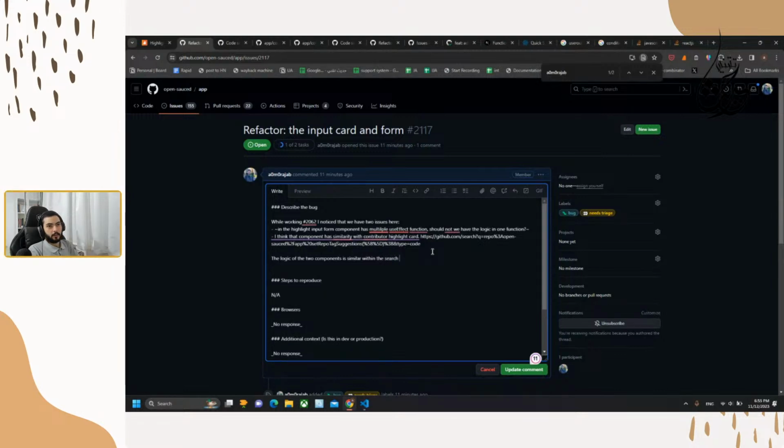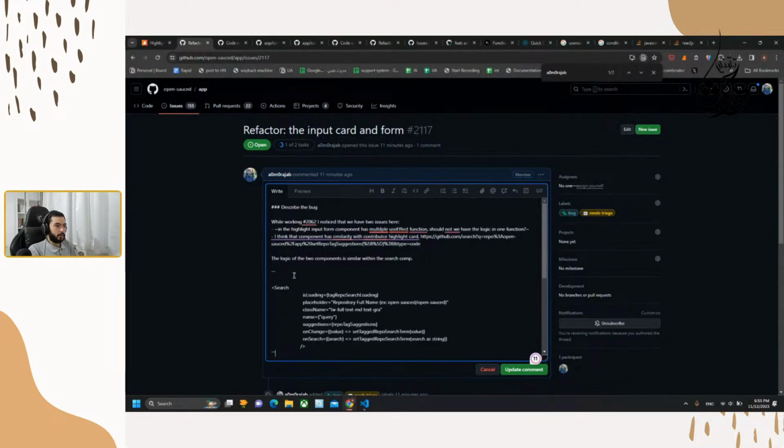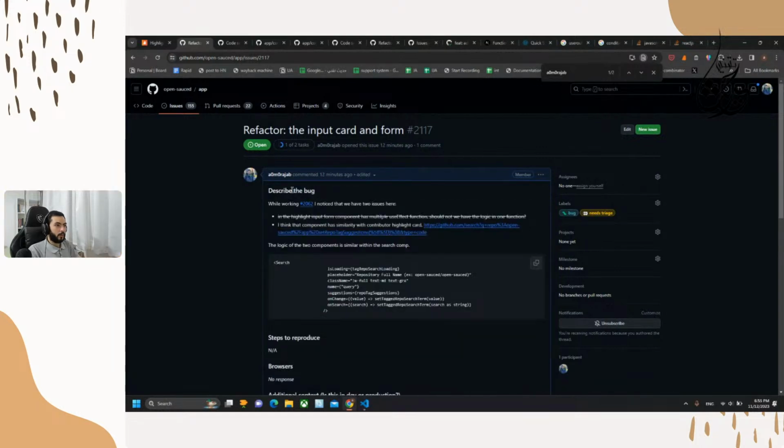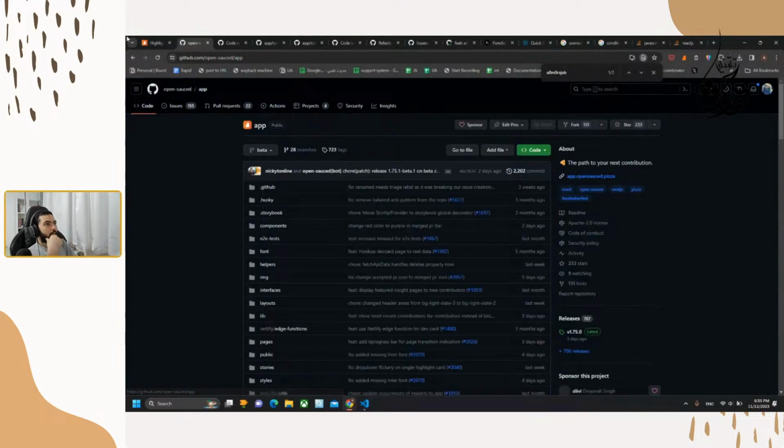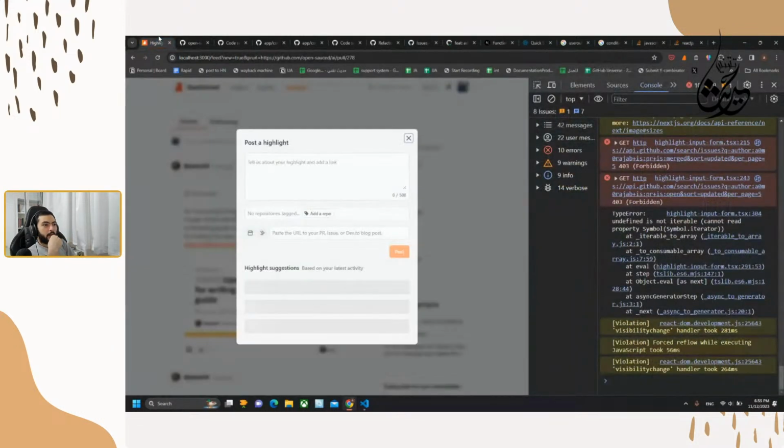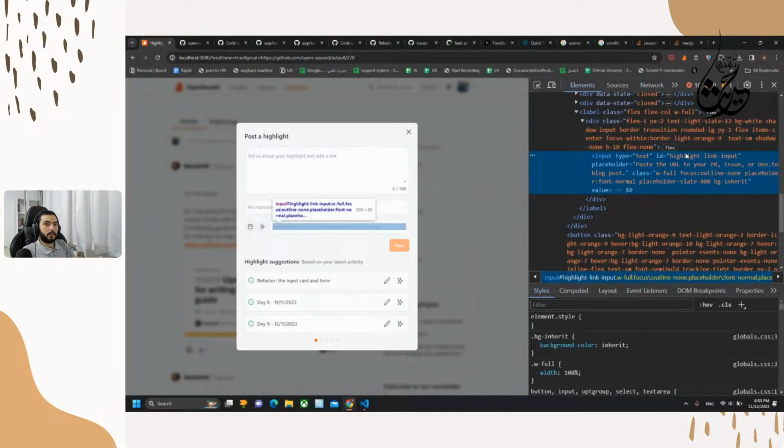I'm just writing my finding. I could check that later, so we could see what's going on with this. Right now, the function that I was expecting to work didn't work, and I don't know why.